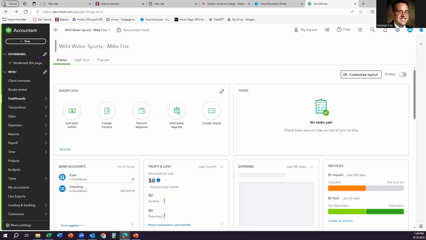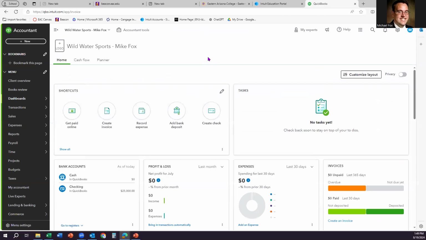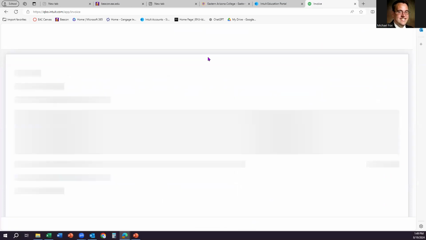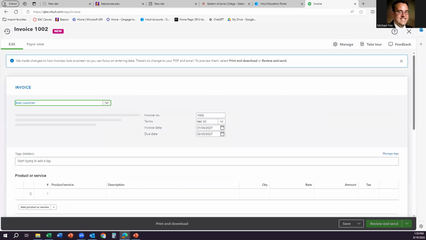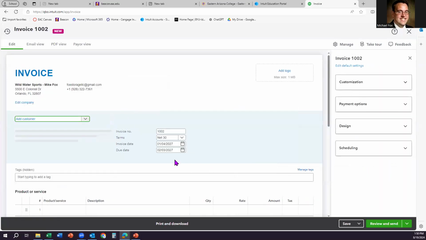So step 11, we're going to go to new. And instead of a sales receipt, we're going to create an invoice. This is where our customer buys something, but they're going to pay us later. We don't want to take a tour. We're just going to go to the invoice. So here's our little invoice form. So the first thing we're going to do is identify the customer. This is step 12. And the customer in this case is,